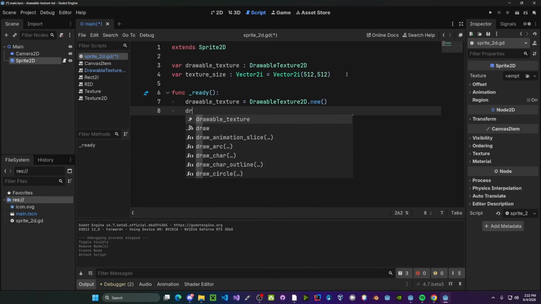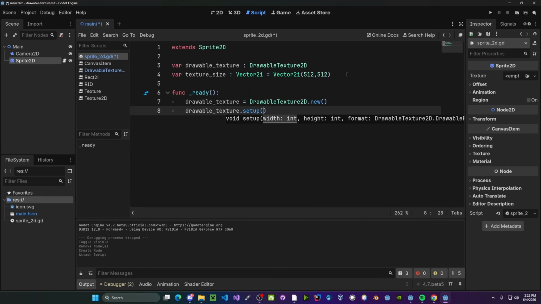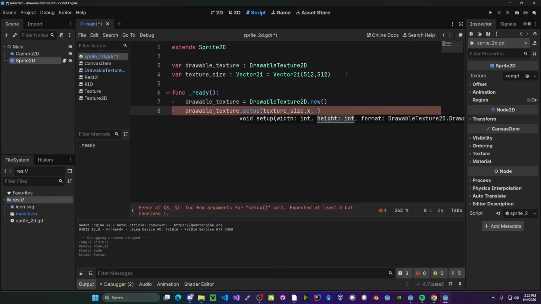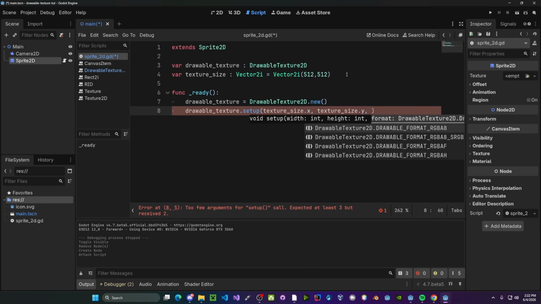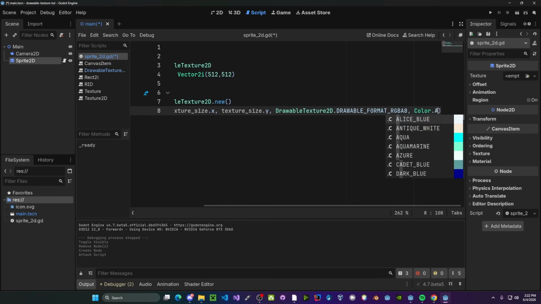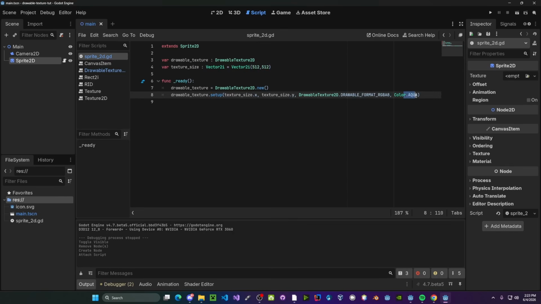So we'll run drawable_texture.setup, passing in our width, so texture_size.x, then our height, texture_size.y. Then we need to pass in the format. We'll just be using the RGB8 format for now. Next, we'll pass in a color value, and I like the aqua color. You can choose to leave the color value blank. It will just default to white. And the final parameter is if we want to generate bitmaps or not, which I'm not going to go into